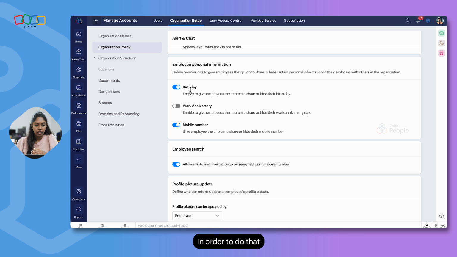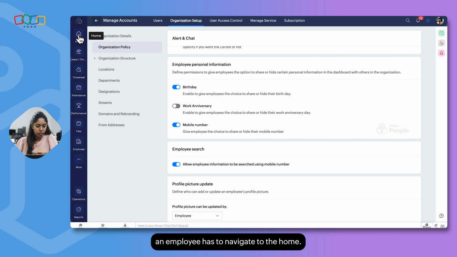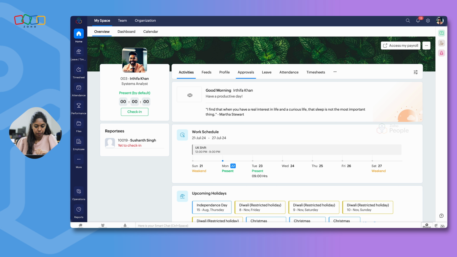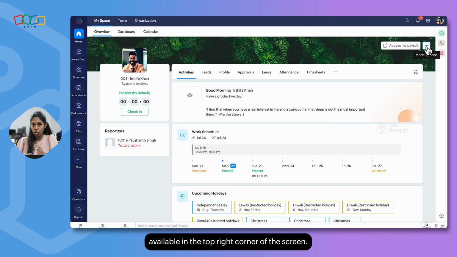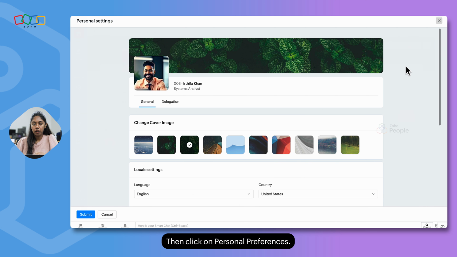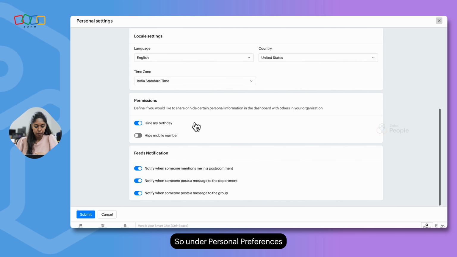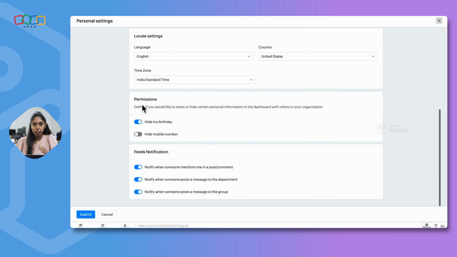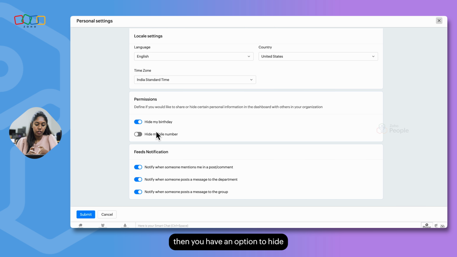In order to do that, an employee has to navigate to the home, and from here, click on more options available in the top right corner of the screen. Then click on Personal Preferences. Under Personal Preferences, Permissions, there you have an option to hide my birthday and hide my mobile number.